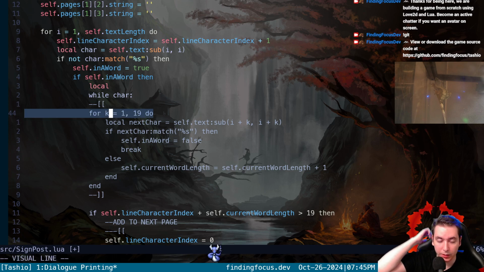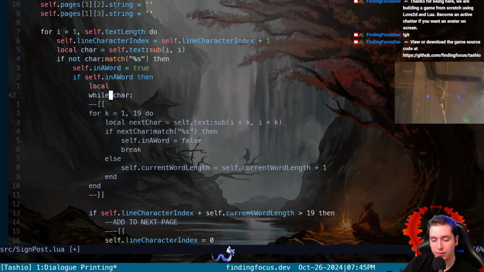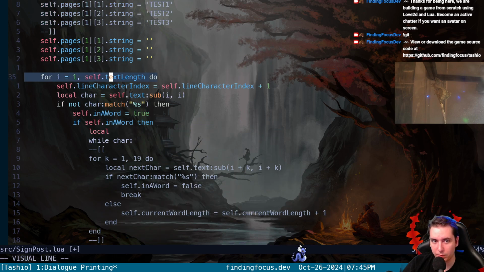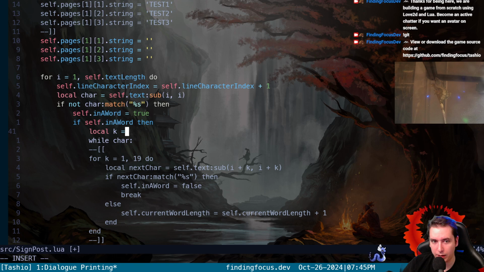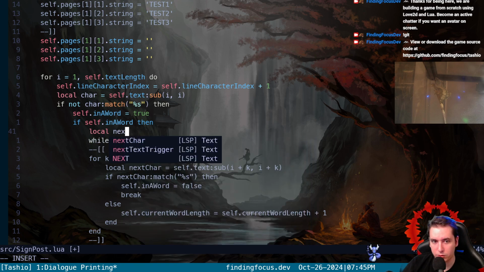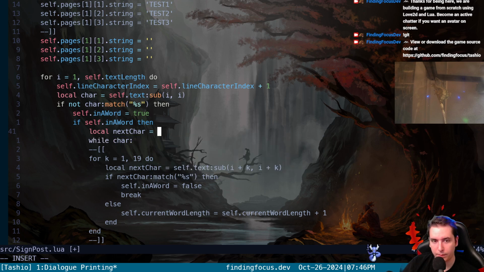We need to have an index where we're asking is a space or not. And we can't do I because we're stuck in the for loop here. So we'd have to say local k gets, or local next char, I don't know. Local next char gets,